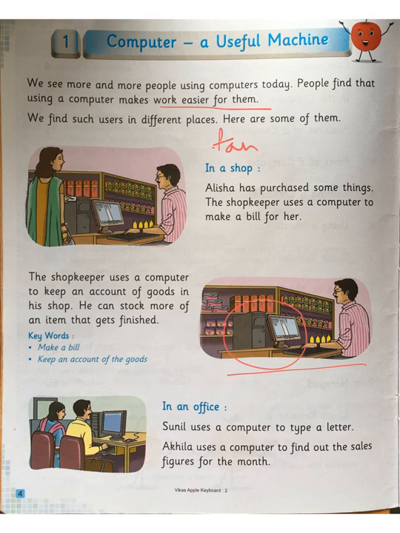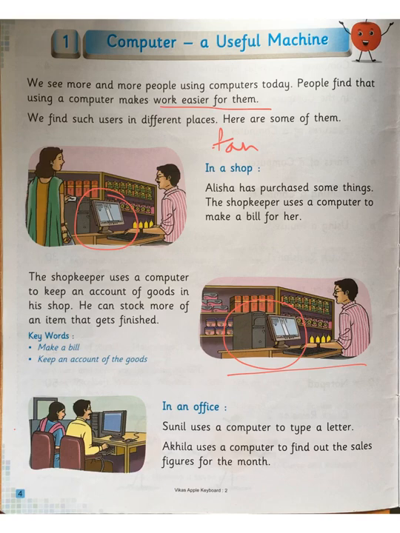I think many of you must have gone with your parents to a mall such as DMart or any other mall. So when we have finished our shopping, we go to the billing counter, and there we can see that there is a man or a lady making a bill for us. If you have seen properly, she is making use of a computer so that she prints a bill for us on which all the details are written. The thing we have purchased, for example, you had bought one chocolate, so that chocolate name is written, the price of that chocolate, and other details are mentioned on the bill.